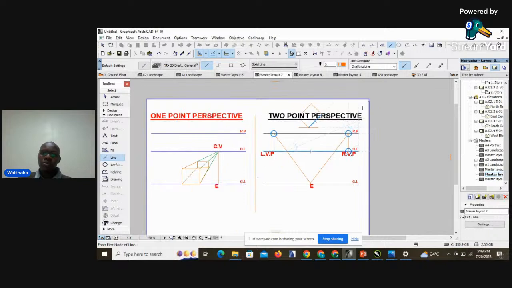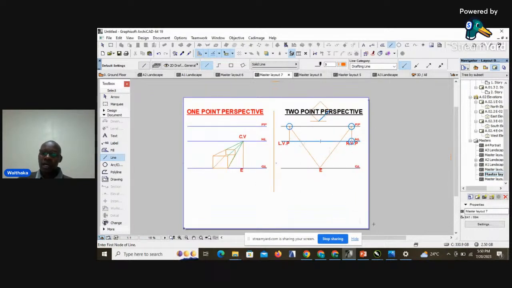Again, before we move now to an example of how we can generate a two-point perspective of a cube,